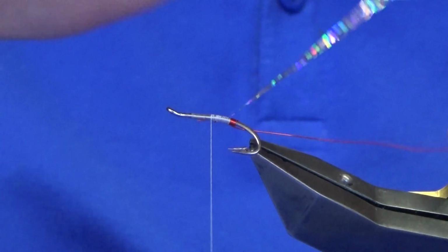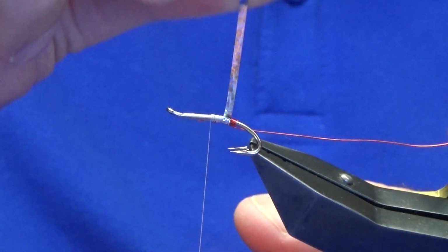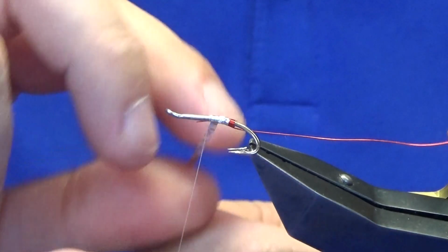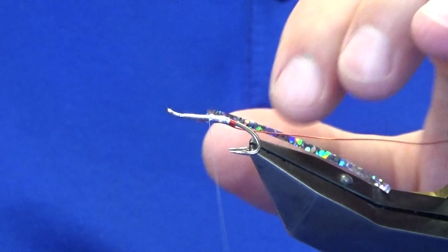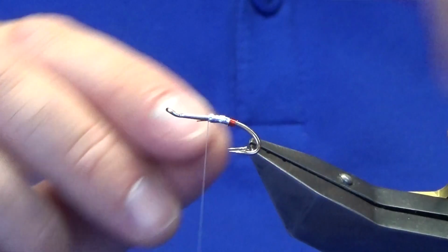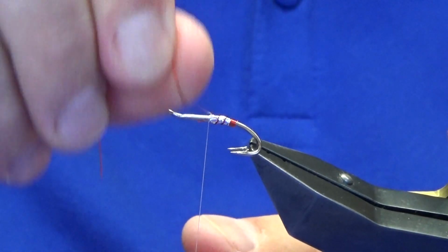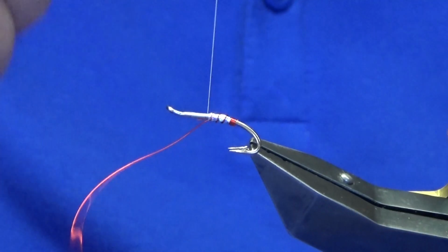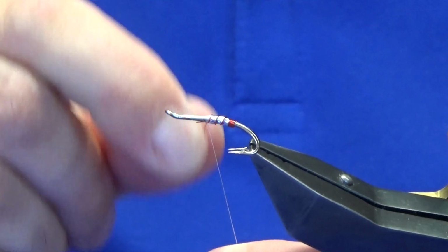Now you can put some super glue down there if you wish, or varnish. Then just work up your silver holographic round. A couple of turns will catch that in, and then trim away your waste end of the holographic. Then I'm going to come up with the bright red wire. 3 turns on the body or so should be plenty. A couple of turns catches in your wire,